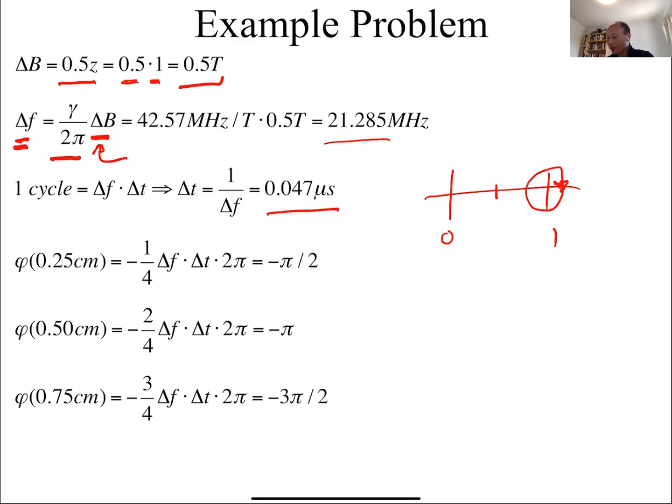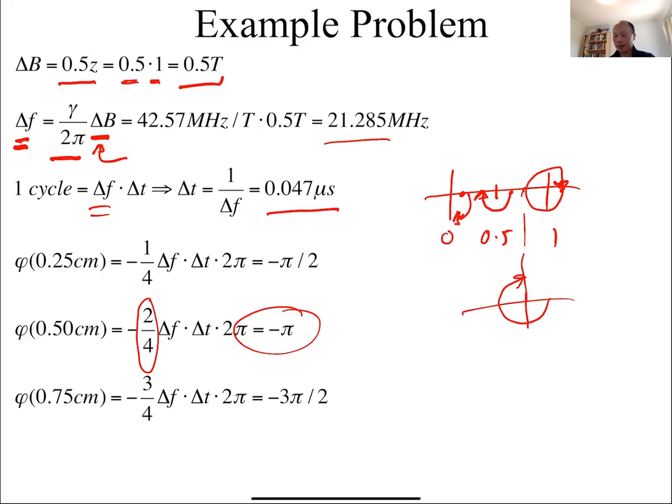Using that logic, if we have a spin at 0.5 centimeters, because it's only got half the field strength difference, it's only going to precess half the way. So it's only going to go pi, in this case minus pi, because it's a clockwise rotation. That can be obtained here, where the delta F is only 1/2 of the delta F used here. And similarly for the other ones, this one is only going to experience 1/4 of the field, so it's only going to go 1/4 of the way. And this one here would go